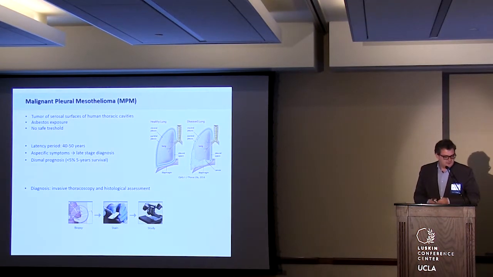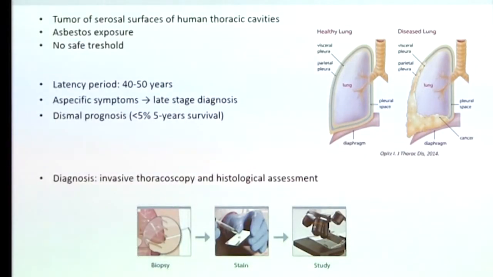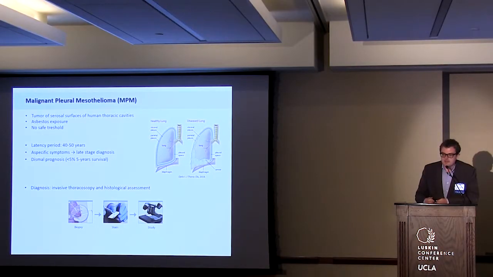So as has been talked about before, the problem with mesothelioma is that there's a long latency period between the exposure to the asbestos fibers and the diagnosis of disease. Furthermore, as has been mentioned by the previous speaker, for the diagnosis we need histopathological tissue assessment, so it's really an invasive tool to make the diagnosis. So we thought, are there any biomarkers that could be used in order to make this less invasive?